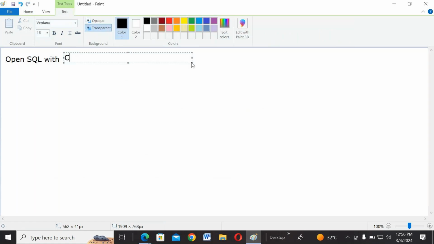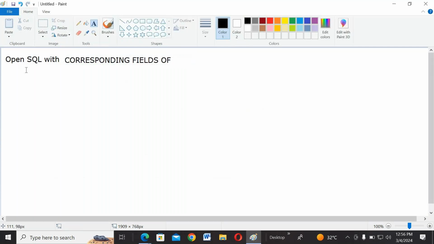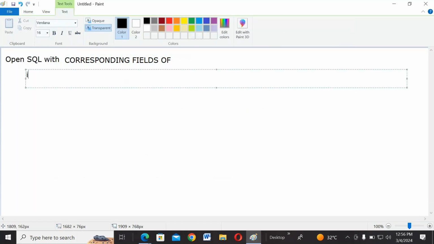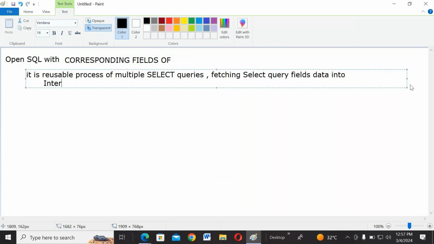So what is this corresponding fields? The reusable process of SQL query. Okay, so it is a reusable process of select queries, multiple select queries. Okay, fetching the select query fields data into internal table